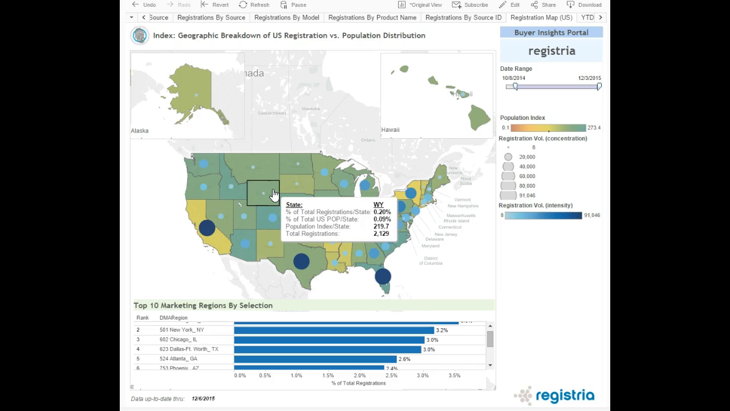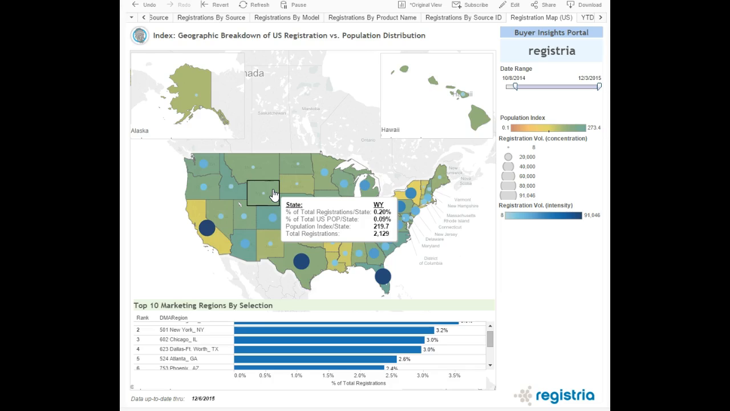So what I see here when I mouse over the state of Wyoming, I'm getting 0.2% of my total registrations from the state of Wyoming. Comparatively to the U.S. population, the U.S. population is only distributed there to the extent of 0.09%. So in fact, I'm over-penetrated by about 119%, and that's what you would see represented in that population index for